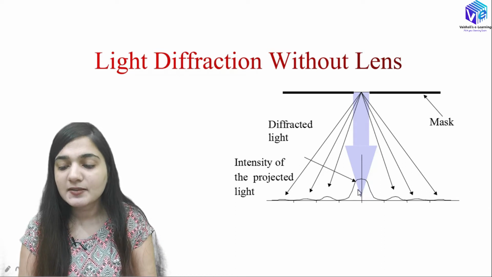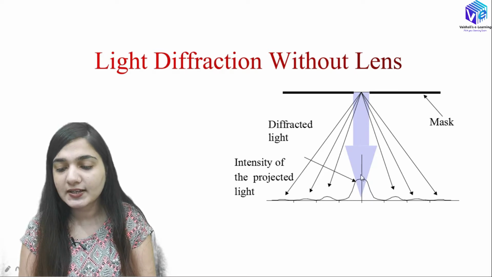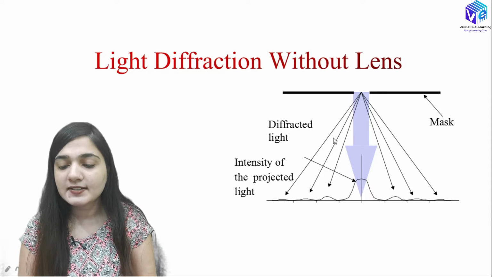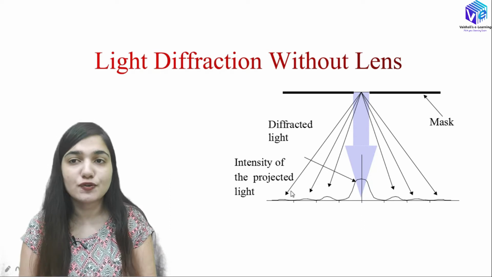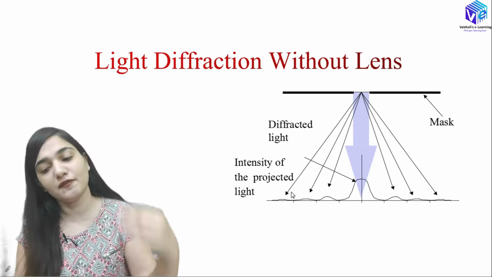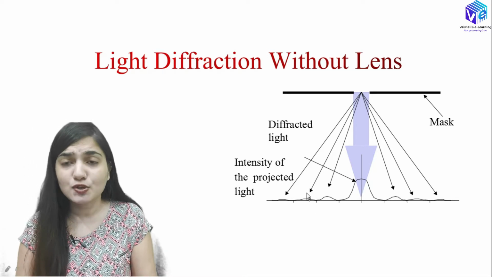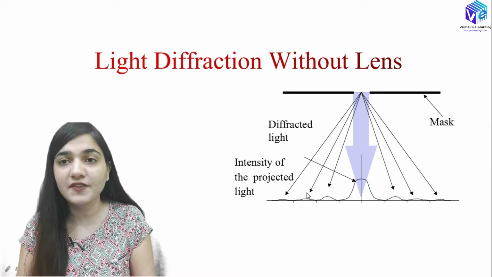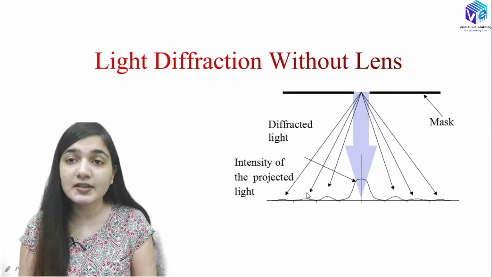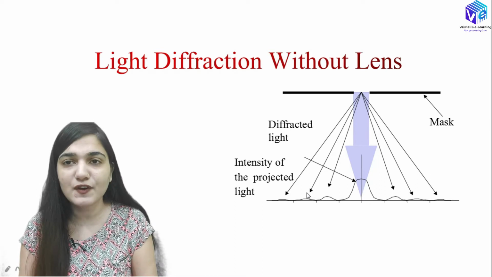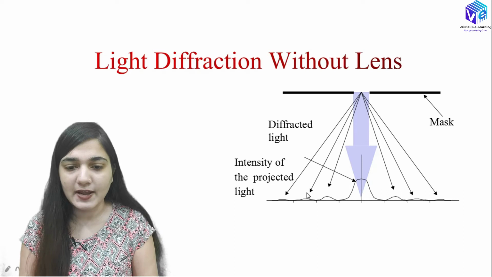The light has maximum intensity underneath the slit. Here you can see the intensity of the projected light is maximum, but the light is reaching the far ends also. So these are the shadowed regions where the light should not reach, and it will change the properties of the photoresist even behind the glass, where we had the mask. So even behind the mask the photoresist is affected by the light. It affects the resolution. So we have to tackle this phenomenon, and we have to design our structure such that diffraction will not happen.